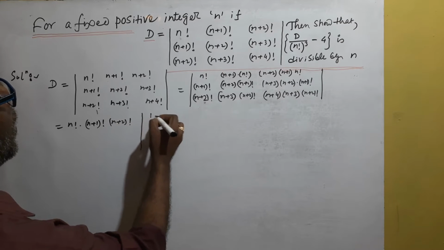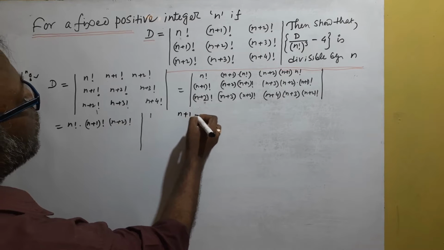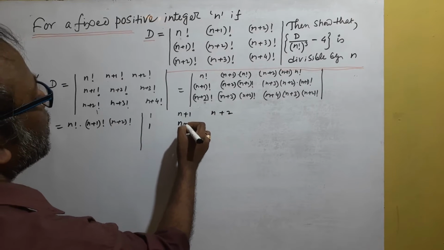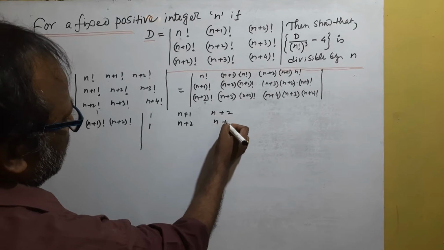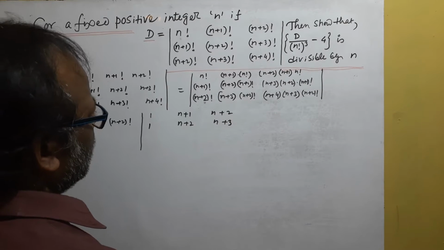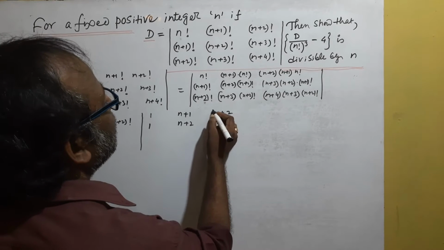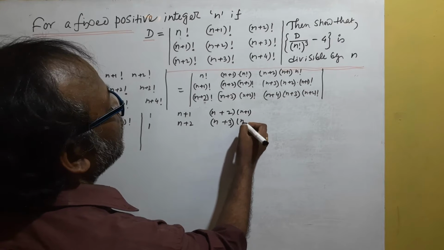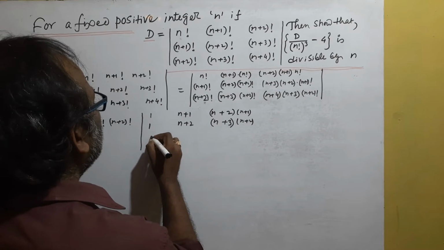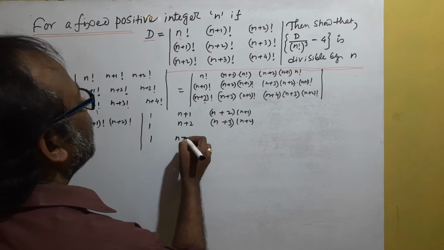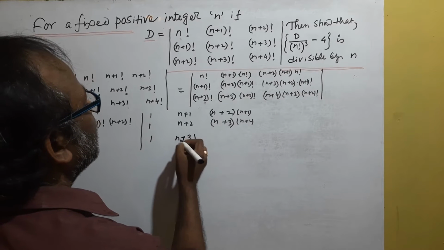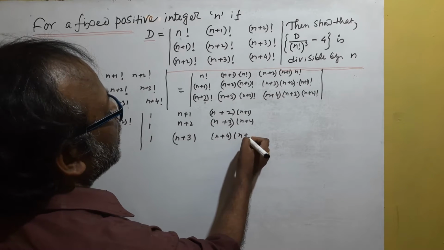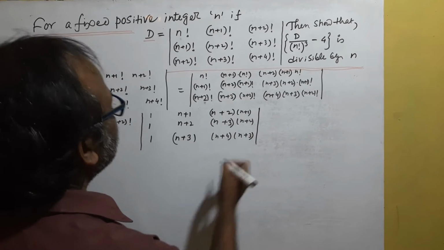Then we have 1, n plus 1, n plus 2 into n plus 1; then 1, n plus 2, n plus 3 into n plus 2; and 1, n plus 3, n plus 4 into n plus 3. Okay,